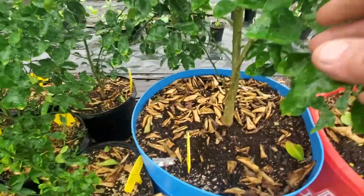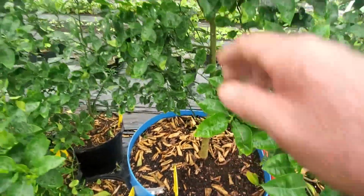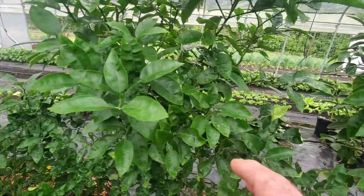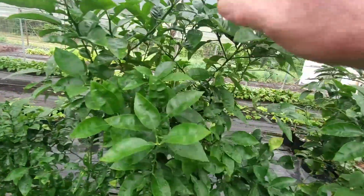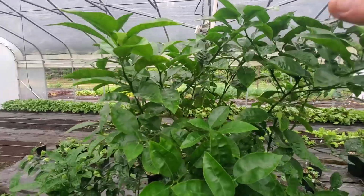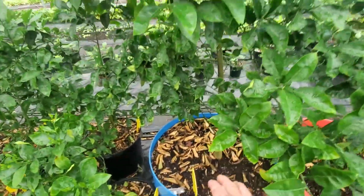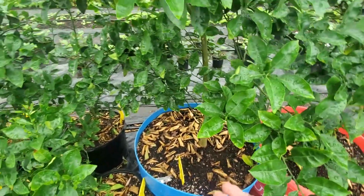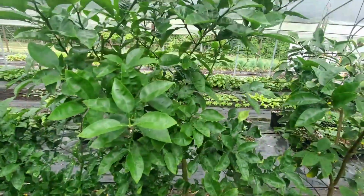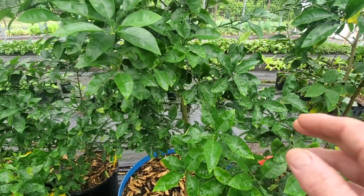It was grown from a seed. You can see it's getting fairly healthy. It's been a couple of years and it hasn't started producing fruit yet. It's probably going to be two, maybe three more years at least before it starts blooming, but it is looking nice and healthy. Now, I did cut some of the top out of this. Right now it's sitting about 6 foot tall, but it's probably actually 4.5 foot tall if you don't count the pot, if it was in ground, and eventually this will go in ground. But this is a good way to test and see,